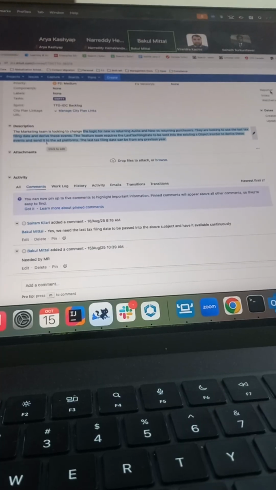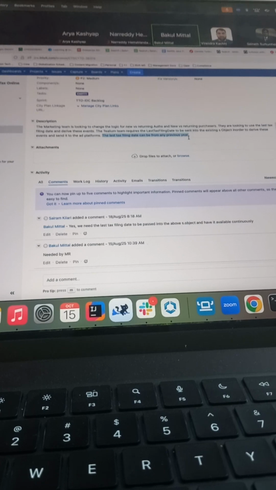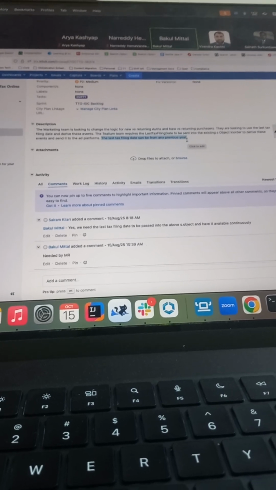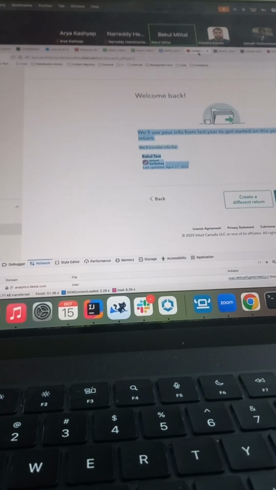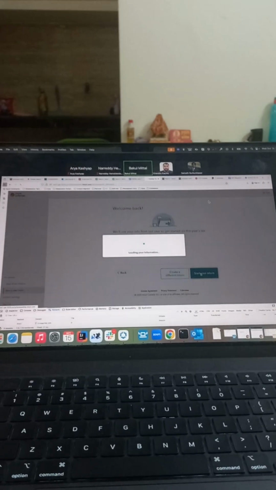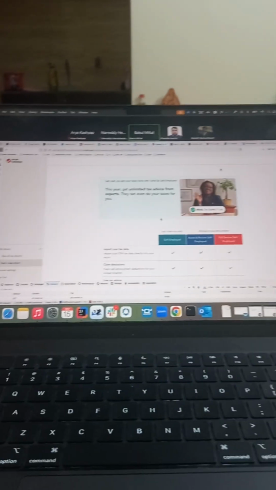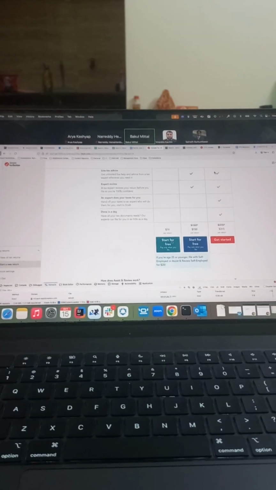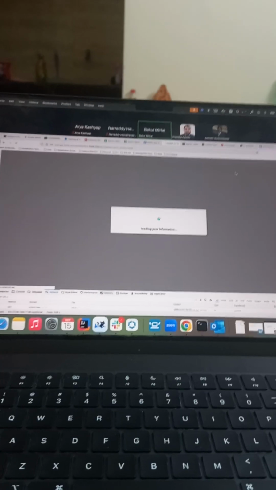So there are two aspects to this ticket. The first is the last filing date, like how can we get this last filing date. In theory, and this is what the engineer on the team who quickly reviewed this ticket said, when you start a carry forward experience, we call this carry forward, when we say start this return, I don't want to create a different return, I want to carry forward this existing return, then in that case I can choose any SKU, just as long as it's a DIY SKU, and then